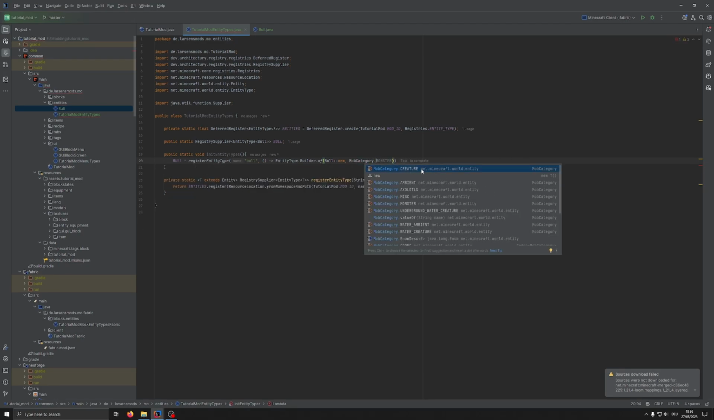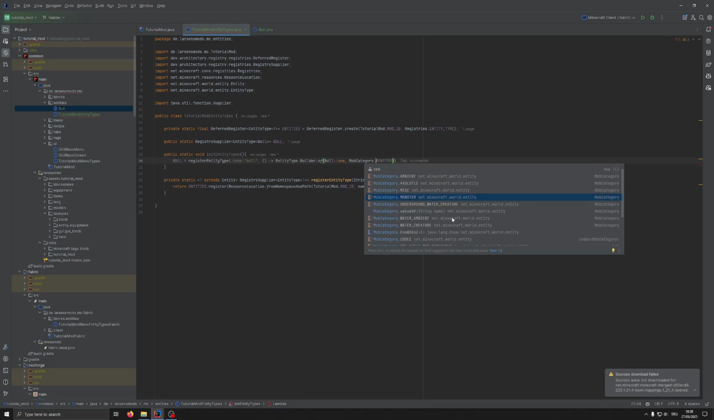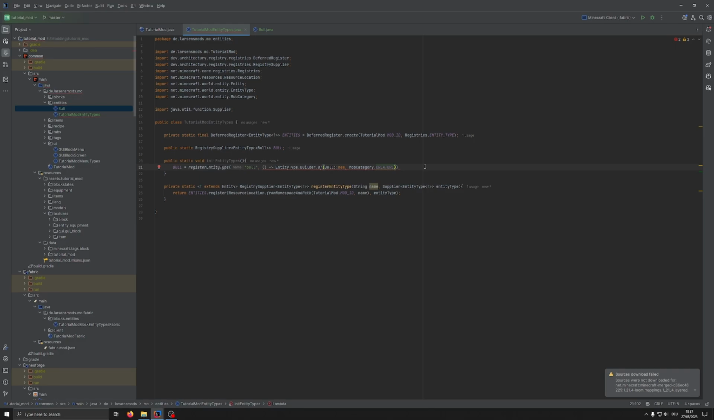So for example, creature, that is what we are going to use here. That is all animals. Then we have water creatures. Those are things like fish, squids, etc. Misc, monster, all the different types of entities that exist in the game. We want to use creature in this case. And now we want to add the properties